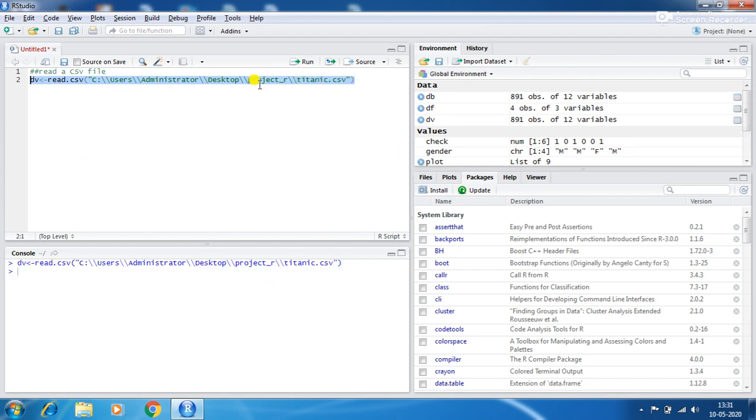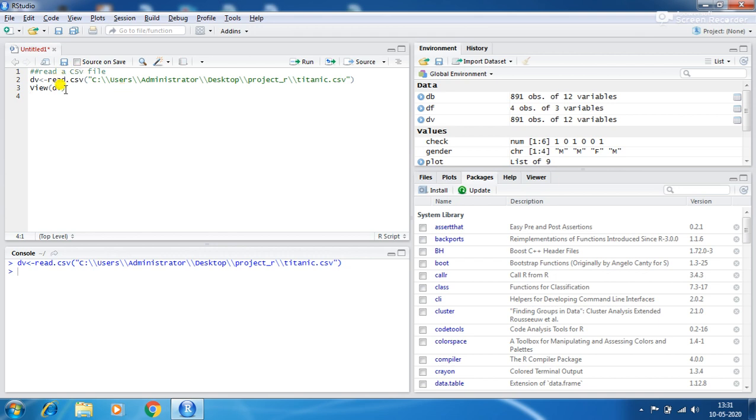How to view the CSV file? To view it, we have the view command: view and the dataset name. This command is used to view the data in the dataset.